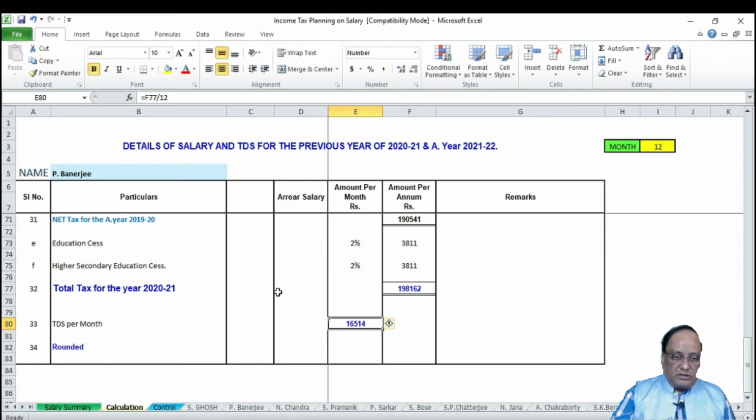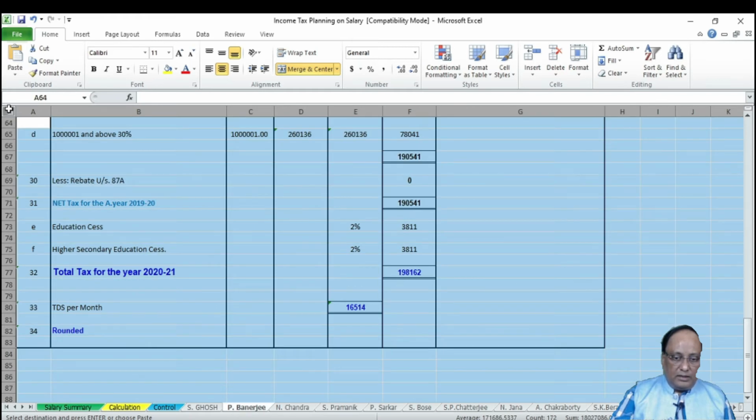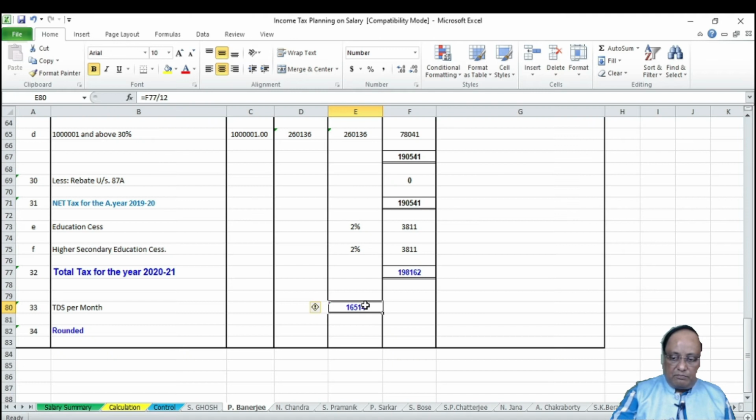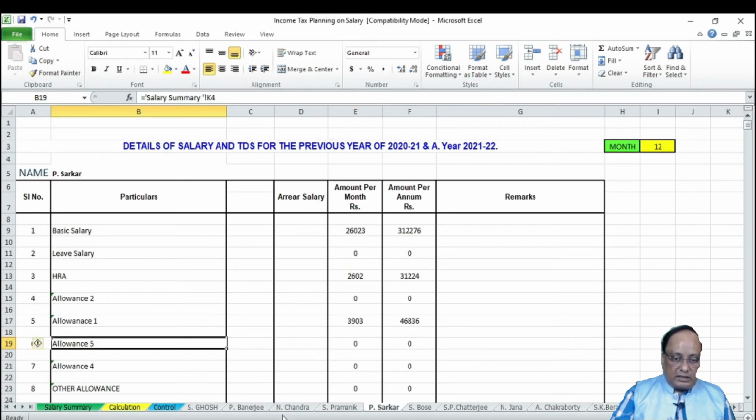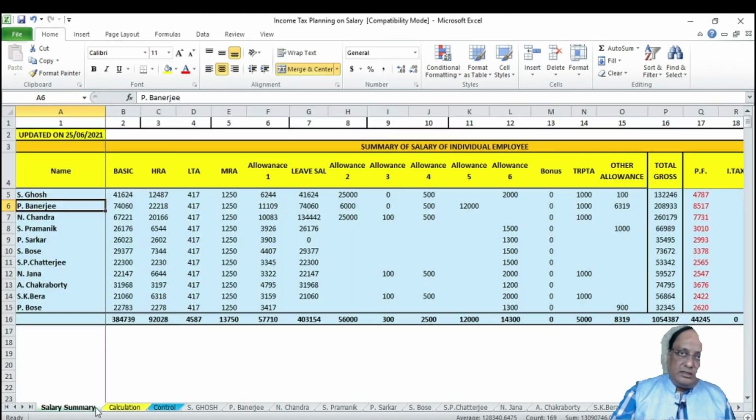So you will get the Form 16 part. Now what you have to do is select P. Banerjee, copy, and there is a separate page for P. Banerjee. You just paste it over here. Similarly for all the employees, there is a separate sheet: P. Banerjee, N. Chandra, S. Pramanik, P. Sarkar, and so on. Everybody has a separate page.